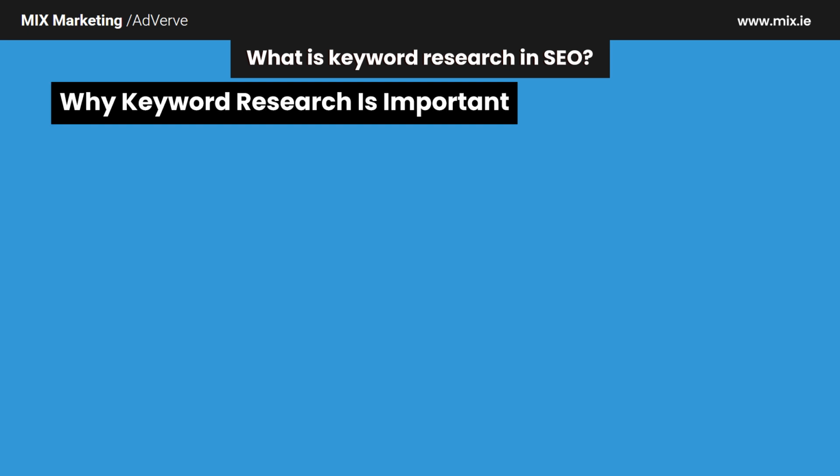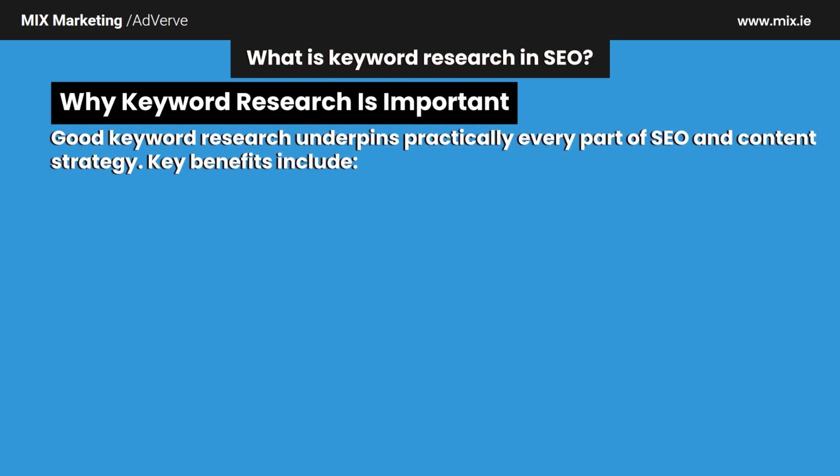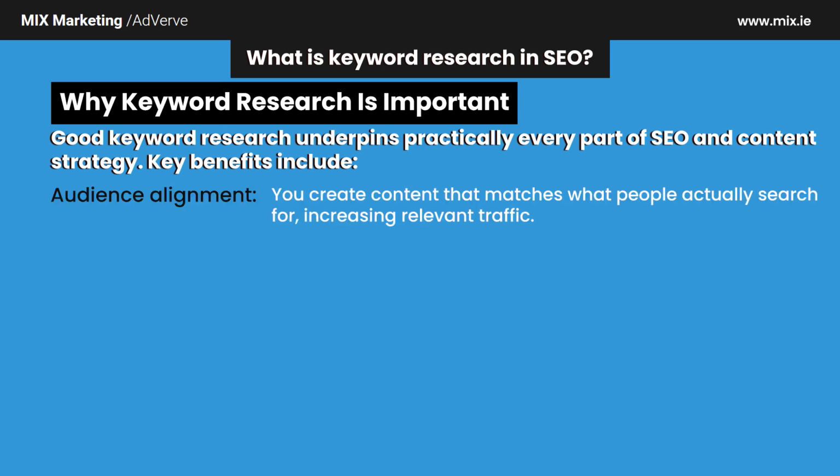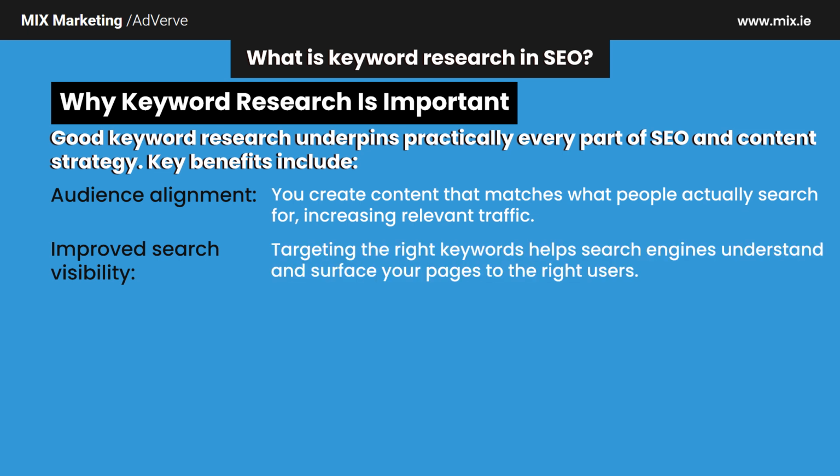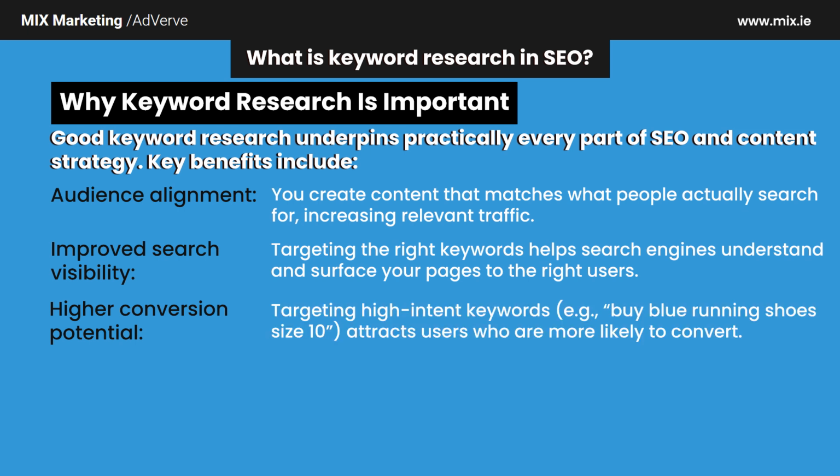Why keyword research is important. Good keyword research underpins practically every part of SEO and content strategy. Key benefits include audience alignment. You create content that matches what people actually search for, increasing relevant traffic. Improved search visibility. Targeting the right keywords helps search engines understand and surface your pages to the right users. Higher conversion potential. Targeting high-intent keywords, e.g., buy blue running shoes size 10, attracts users who are more likely to